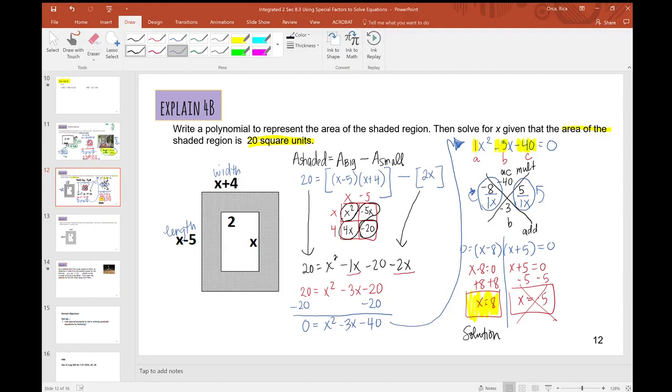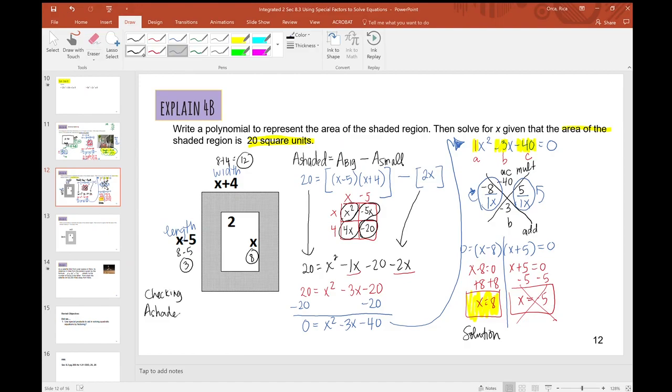So let's plug in the 8. 8 minus 5 is going to give us 3. 8 plus 4 is going to give us 12. And then this will be 8. So by checking,